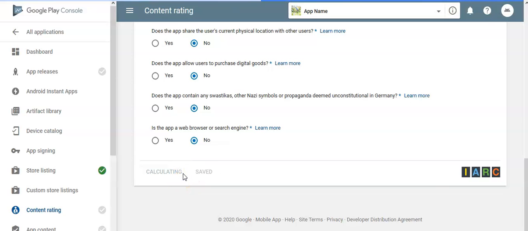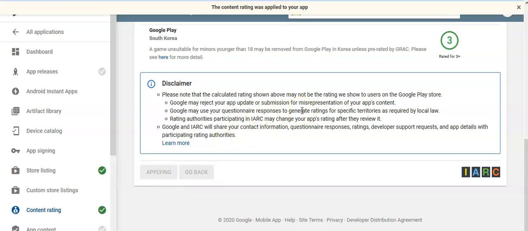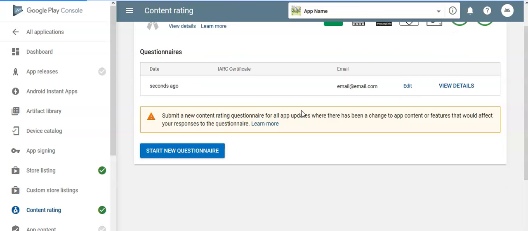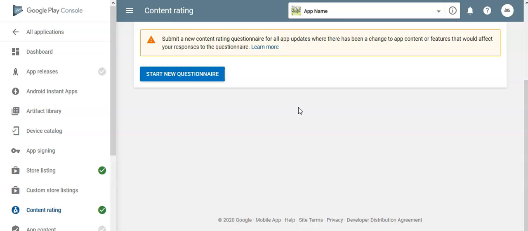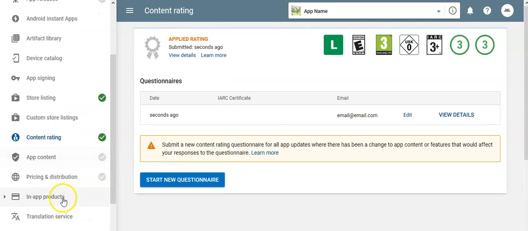Then you have to click calculate rating, and then apply rating. Okay, so as you can see, this content rating section is done.